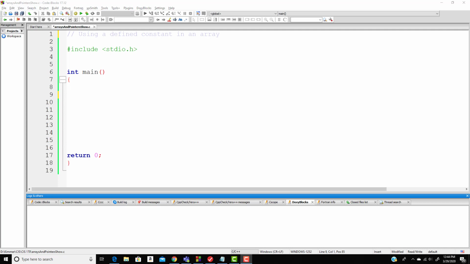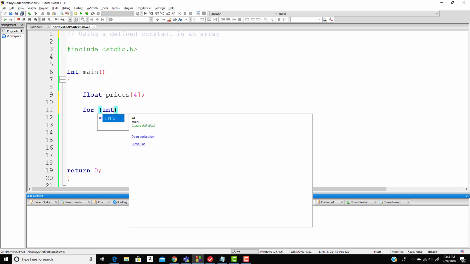I'm going to do just a quick little video on using a defined constant in an array. Let's assume that we have a float array of prices, and we're just going to say we have 4 prices. We can then do a simple for loop